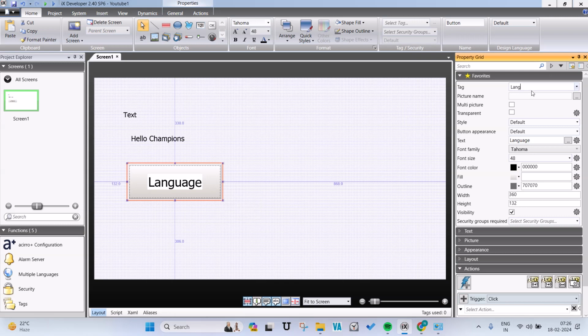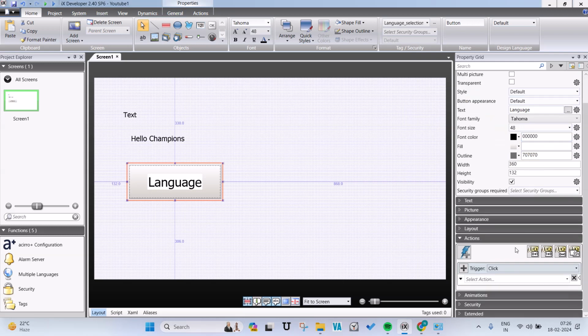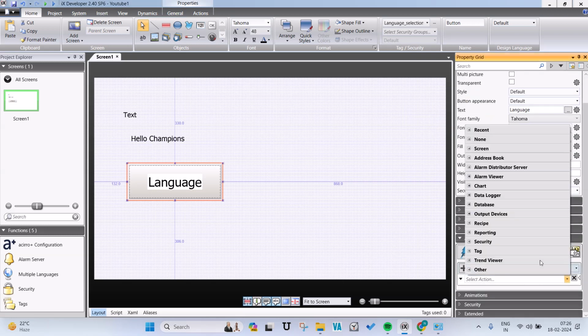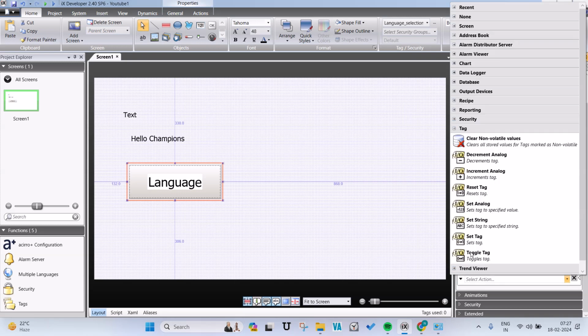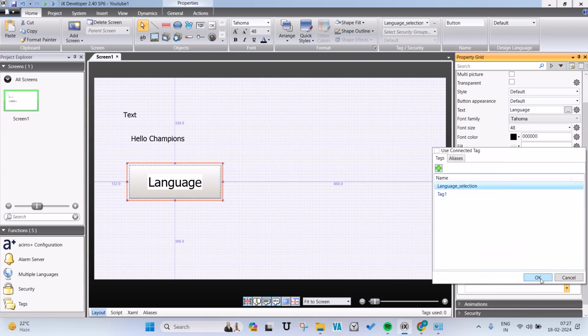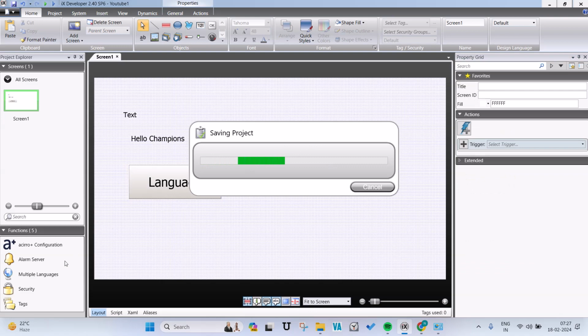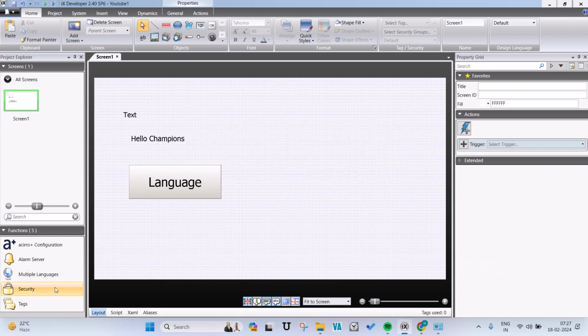So language underscore selection. And there is no controller, so the data type is default. Okay, and there has to be some action taken with the button. So I'll just say toggle the tag. Which tag? Language selection. Okay, so I'm done on configuring this. Oh, sorry, the cosmetic part. Now I'll dive into the